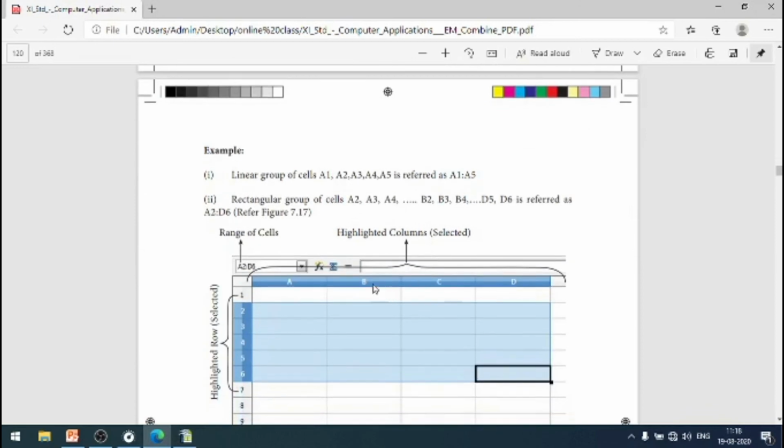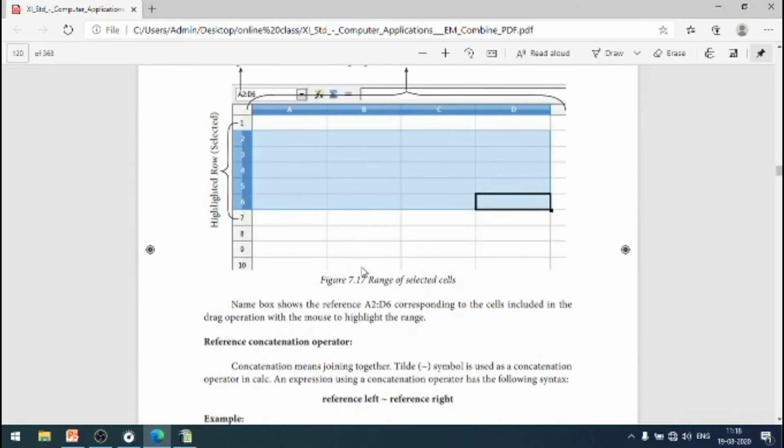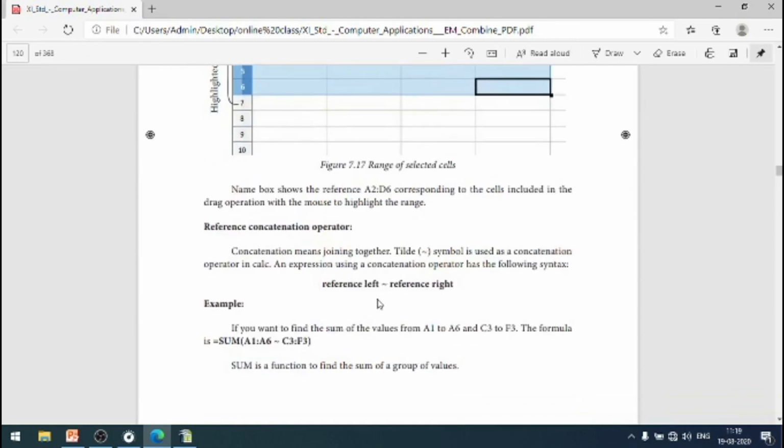Okay, next some examples are given here. You just go through this example, then see reference left and reference right. Okay, now the reference concatenation operator. Look at this example. Equal to SUM A1 colon A6. What's the meaning?